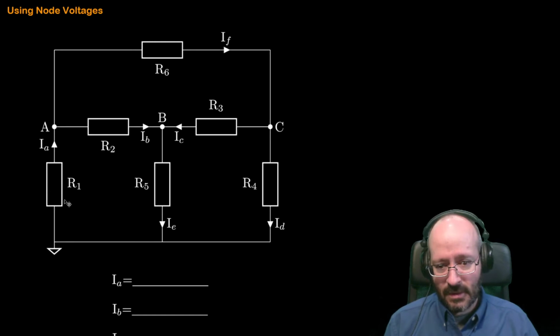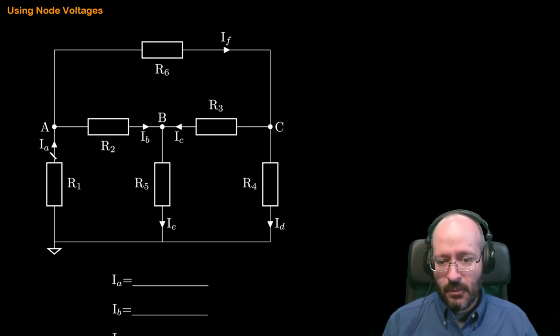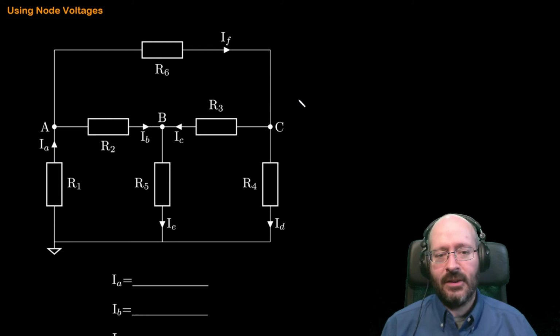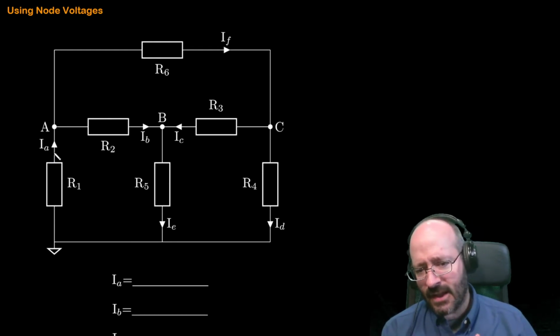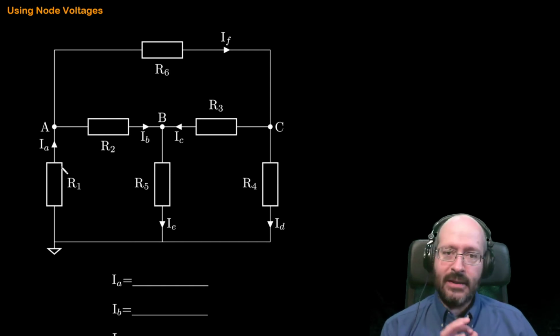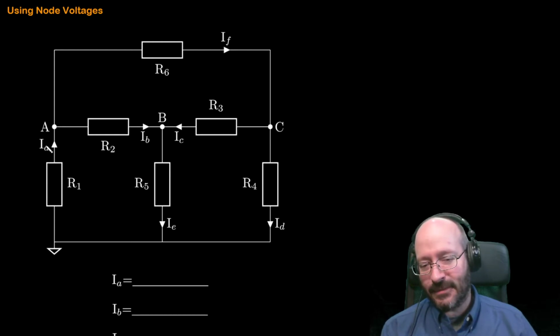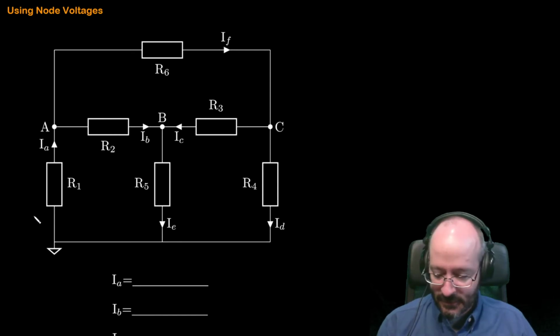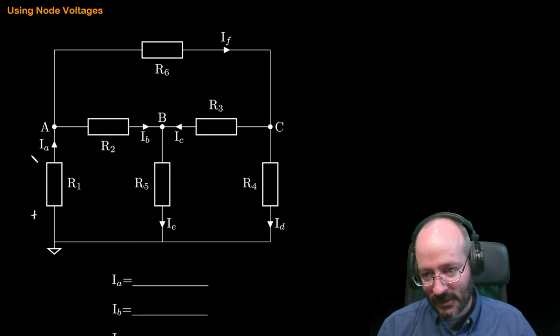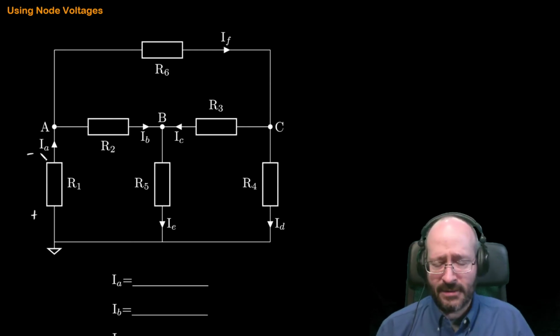All right, so let's get going with this. We've got IA. Let's start with IA. If IA is passing through this resistor in that direction, we've got to think about the polarity. The positive current is going to enter the positive terminal. As it's flowing up, it's going to enter this terminal. So positive current enters the positive terminal. So my polarity is going to look like that for the voltage that's going to be created by the current